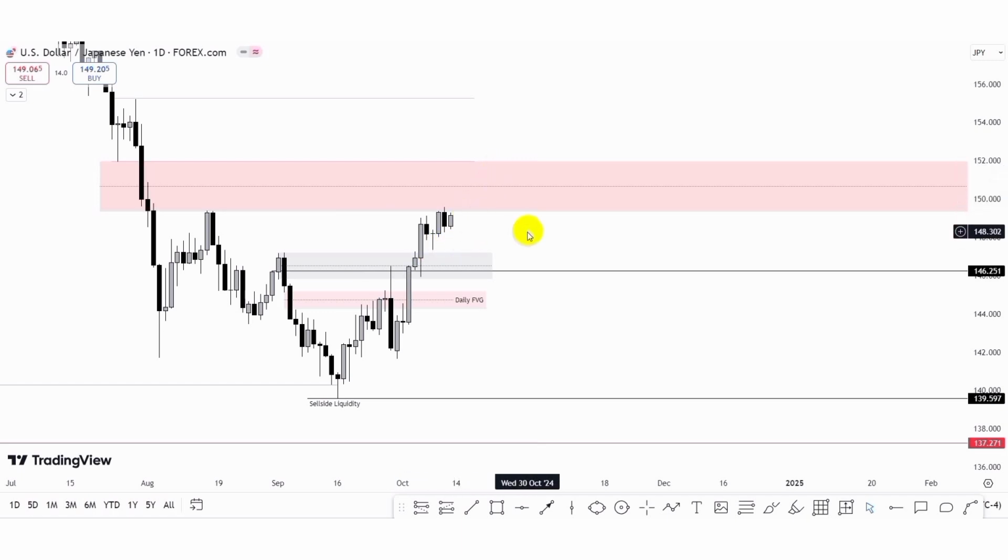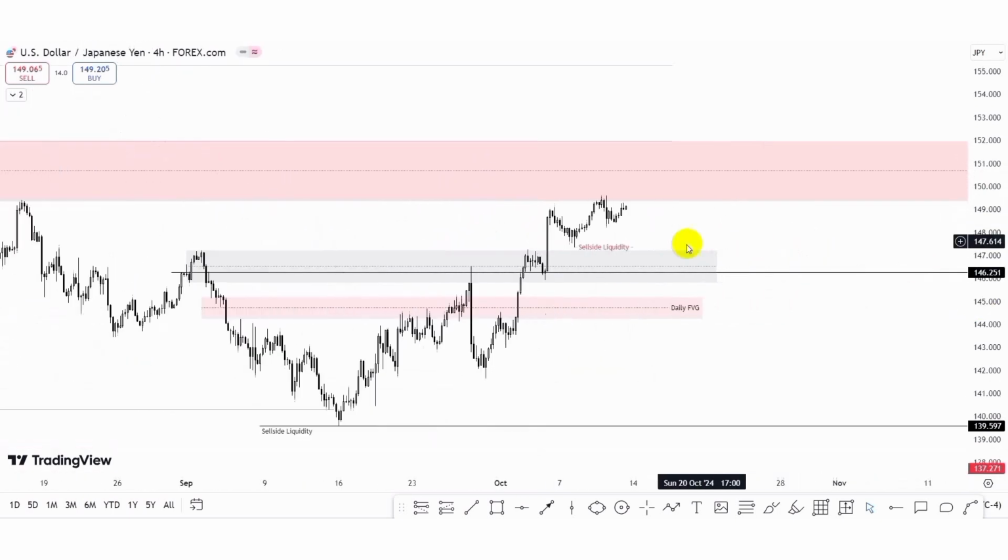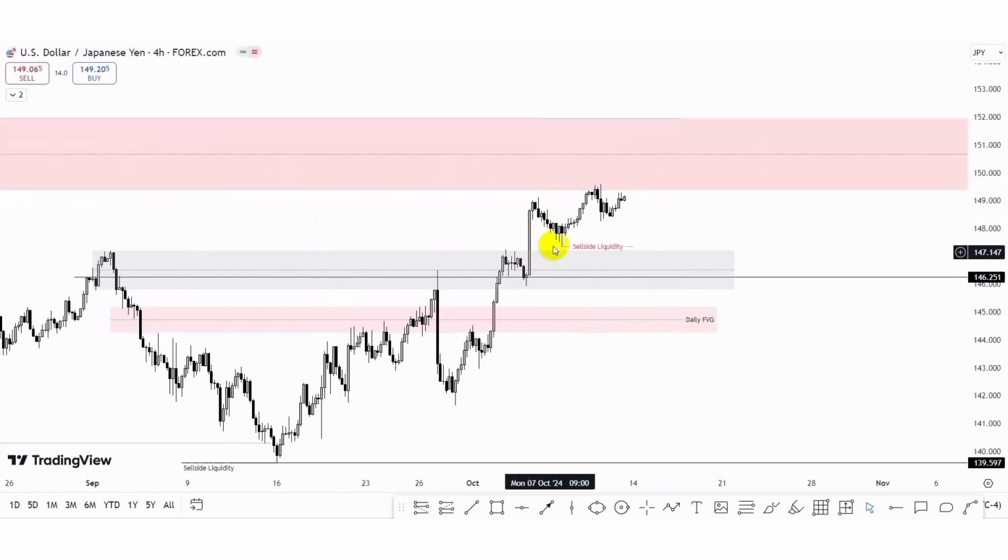But then let's actually check the 4-hour time frame. So here in the 4-hour time frame, we can identify this sell side liquidity to the downside. Last week this was Friday's candle, so we expected to see price fall to the downside into this particular zone, and then we can frame the bullish move. But then we can see price fell, but not really into the main threshold, and then price gave us a rejection, because we expected to see price reaction at the main threshold in confluence to the weekly breakout block.